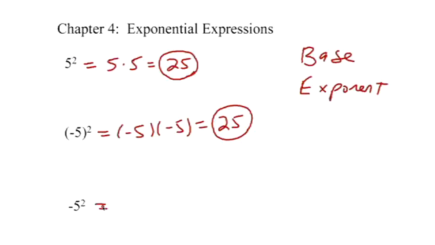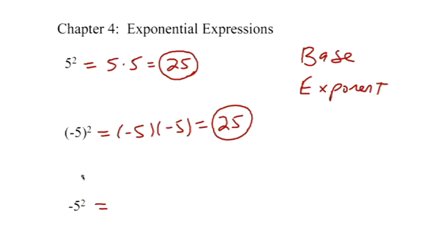Right. So we need to make sure you see the difference between this problem in which the negative 5 is inside parentheses and this problem where it's not. If the negative sign is not in parentheses, basically you do the exponent first and then make the answer negative. So you might visualize this to yourself as minus 5 squared. The 5 squared means multiply 2 5s together, so this is minus 25. And the opposite of positive 25 is negative 25.